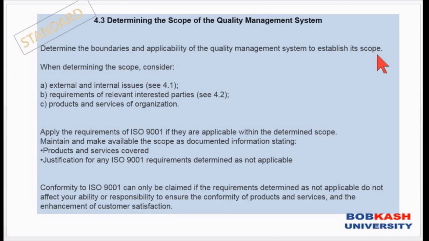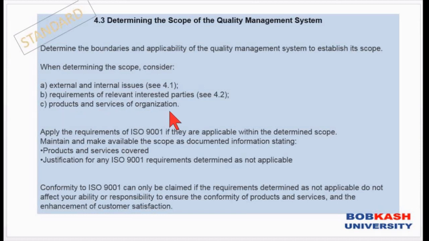So when determining the scope, what is covered in the QMS and what is not covered in the QMS, the organization must consider the external and internal issues, which we have seen in 4.1, right? External and internal issues, nothing but the circumstances, nothing but the context of the organization. Issues mean circumstances or the context. Internal and external issues, the requirements of the relevant interested parties. We have seen that in the previous clause 4.2, and the organization must consider the products and